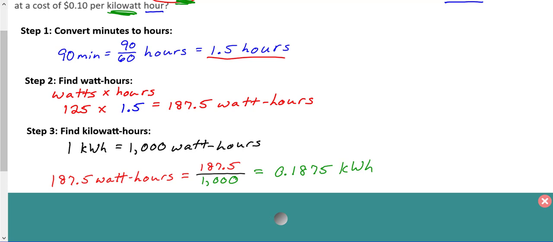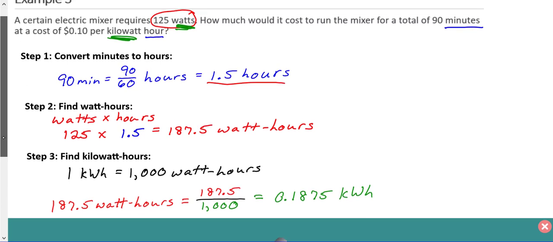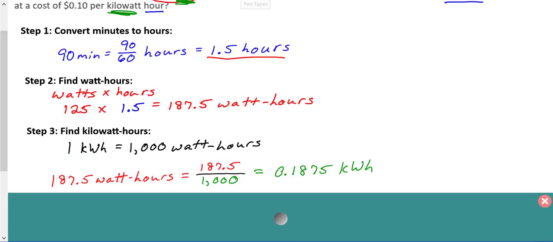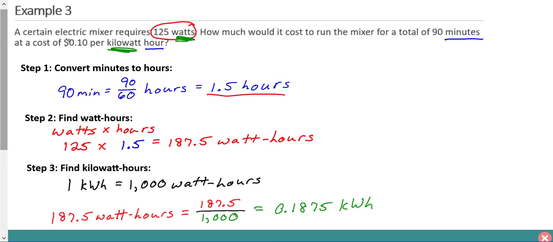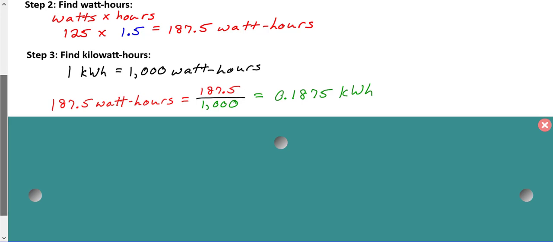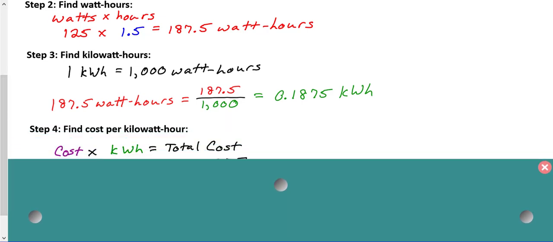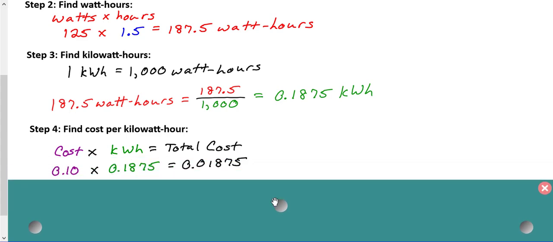Now that we have our units of measure the same as what our cost is being charged at, we want to look at our cost. Our cost is 10 cents per kilowatt hour. If you remember, per is a clue that we need to multiply. So we take our cost of 10 cents times 0.1875 kilowatt hours, which gives us a total cost of